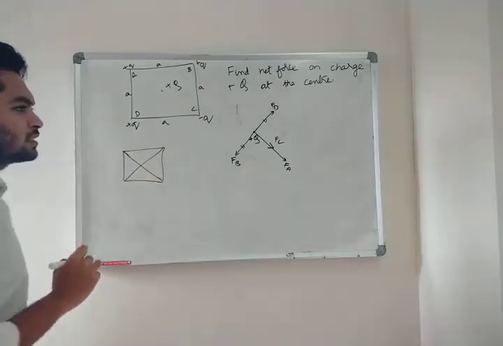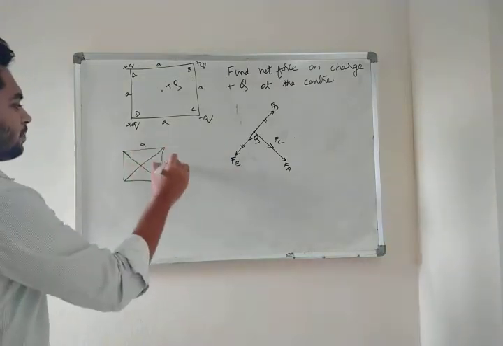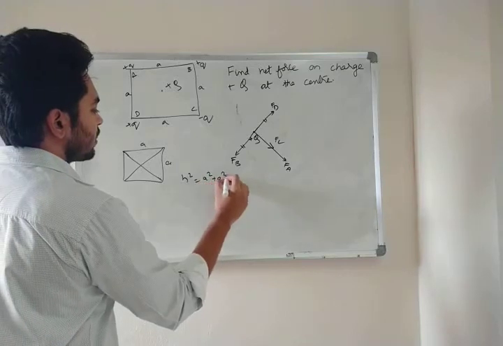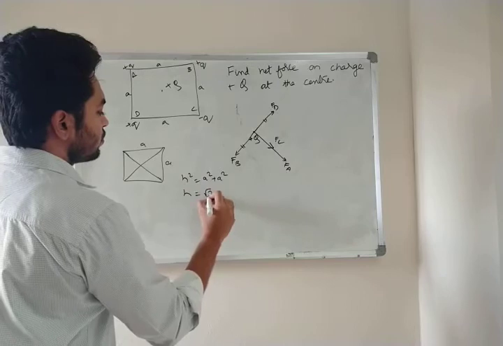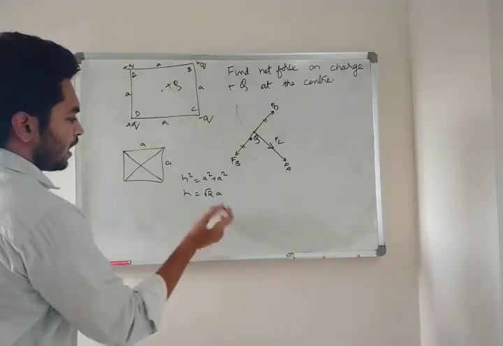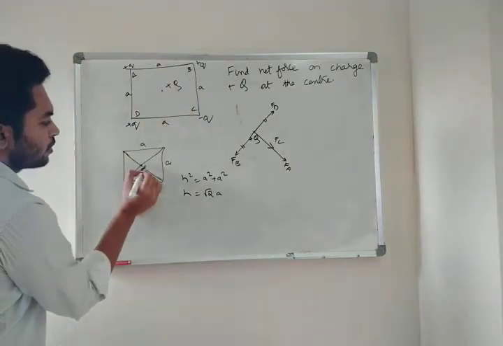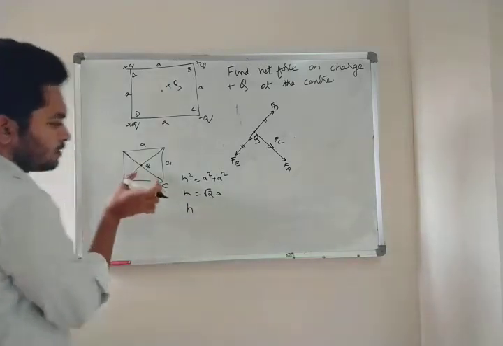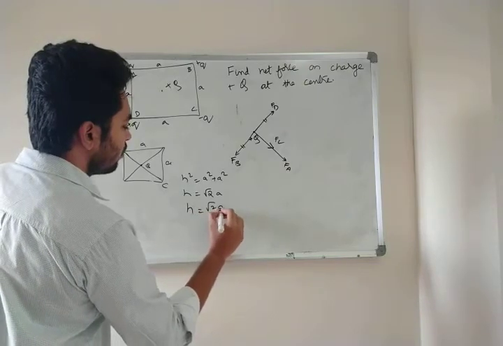Distance of our diagonals is how much? In our previous thing we have seen that the hypotenuse squared is equal to a square plus a square, so this is h equal to root 2 a. So I need just half of this. What is this part of? I need only this part, Q to C. I need just Q to C. So h, this is obviously half, so equal to root 2 by 2.